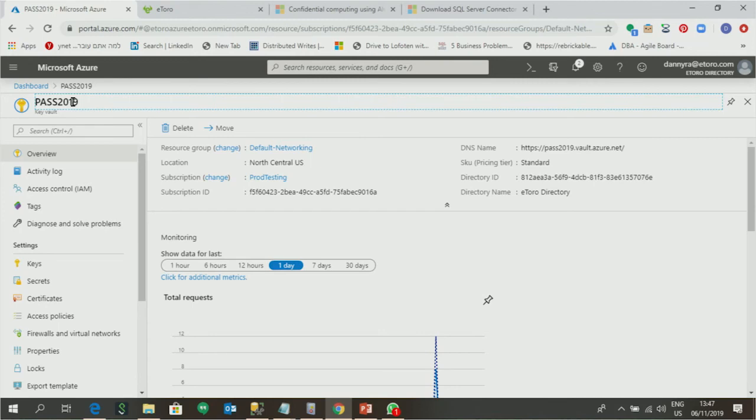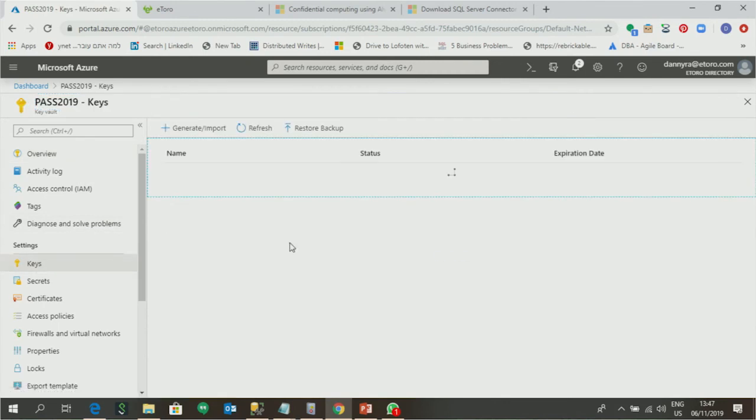First, I'm going to show you what I already created, then we will create from scratch. So I have a Key Vault here, which I created, under this subscription, and it has these keys. If I press keys here,